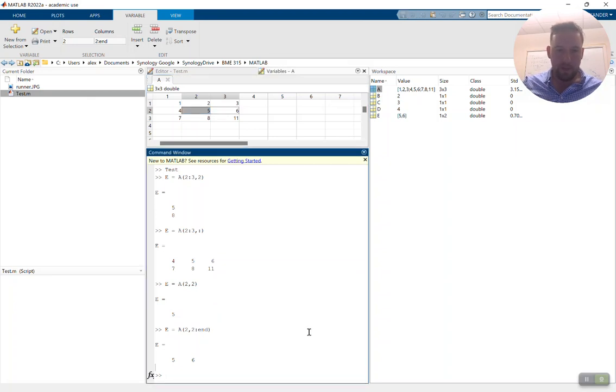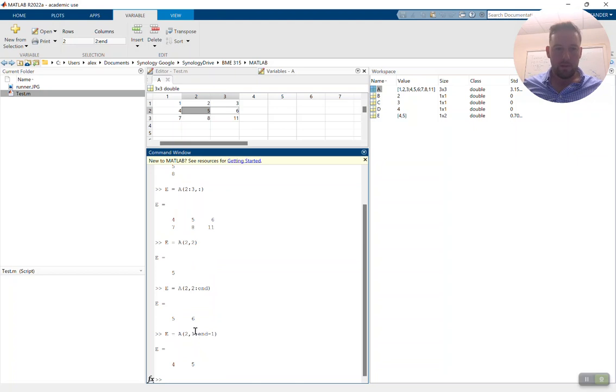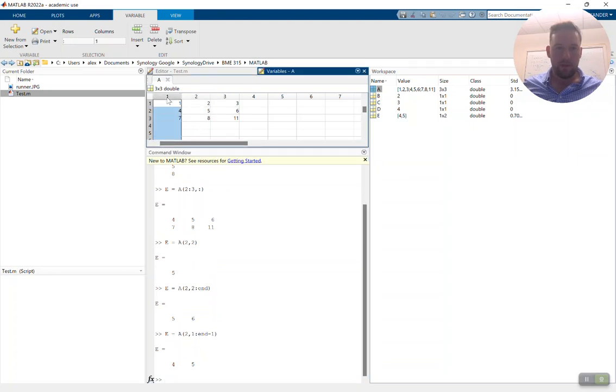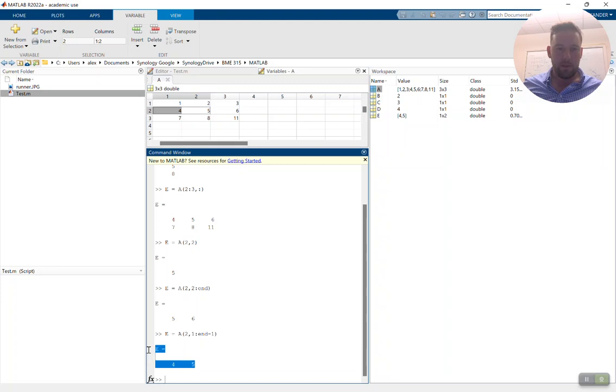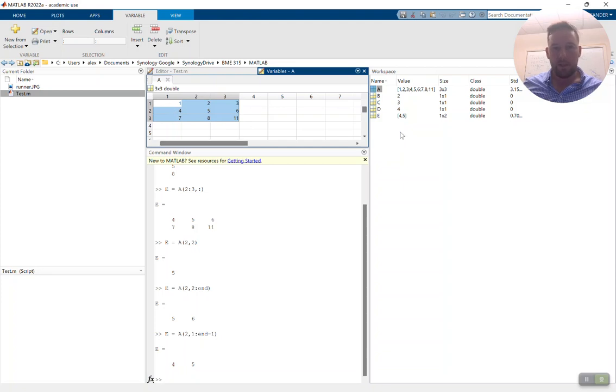We can do stuff like, let's go to 1 to n minus 1, right? So it says go from column 1 to the end minus 1 and give us the stuff from row 2. In this case, it was 4, 5. Okay, so go ahead, play around with extracting stuff from these matrices, because